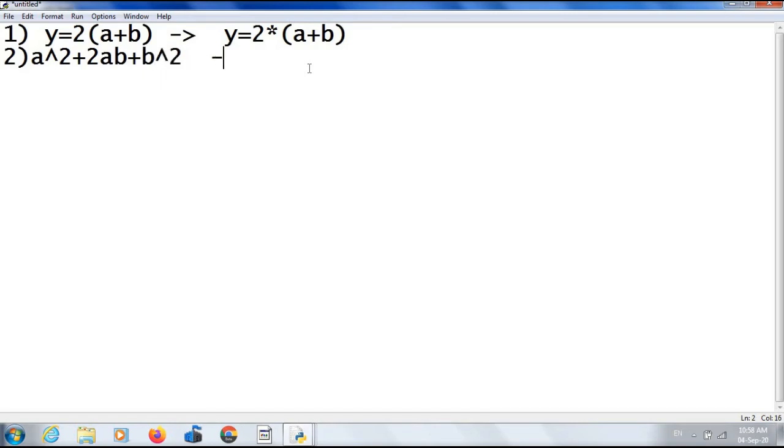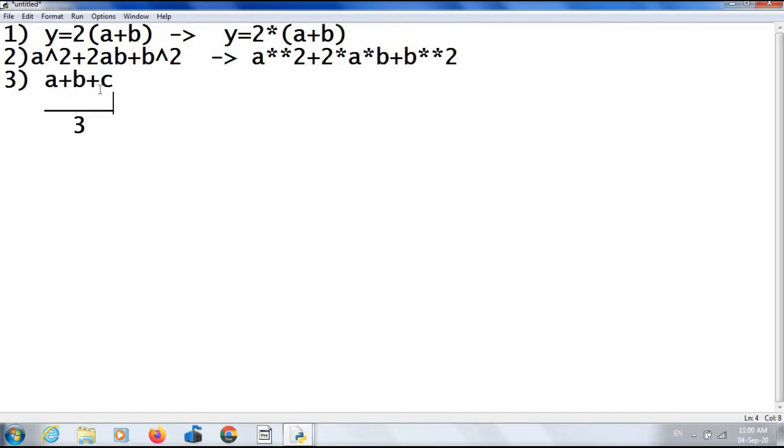Python expression is a square, you can write a star star 2 plus 2 star a star b, 2ab, plus b star star 2, b square.